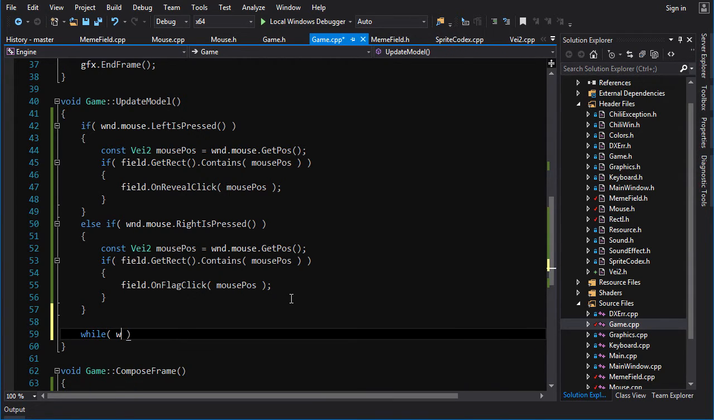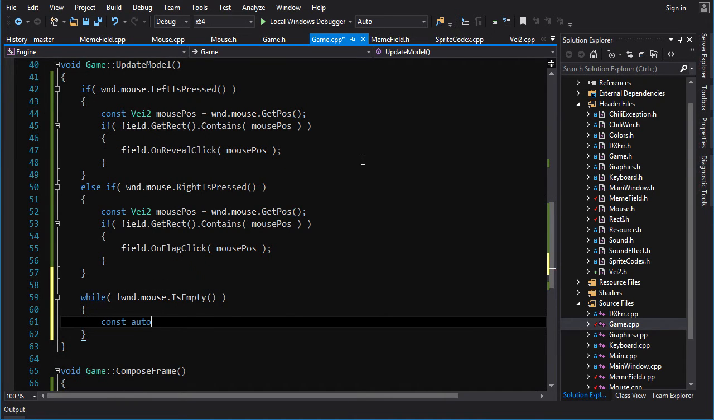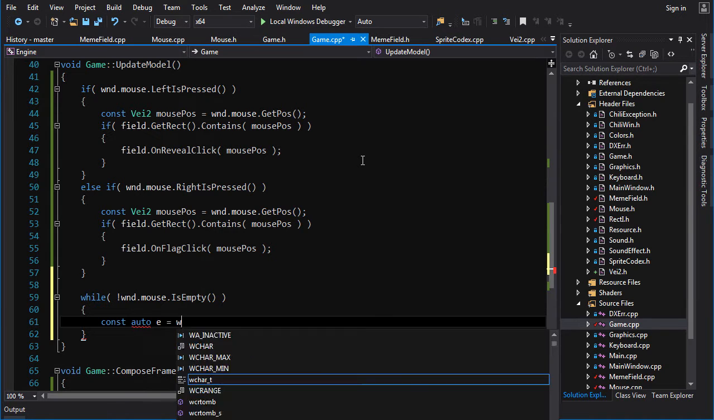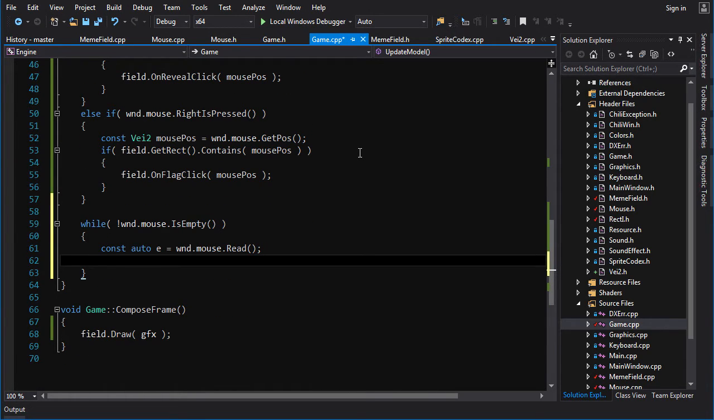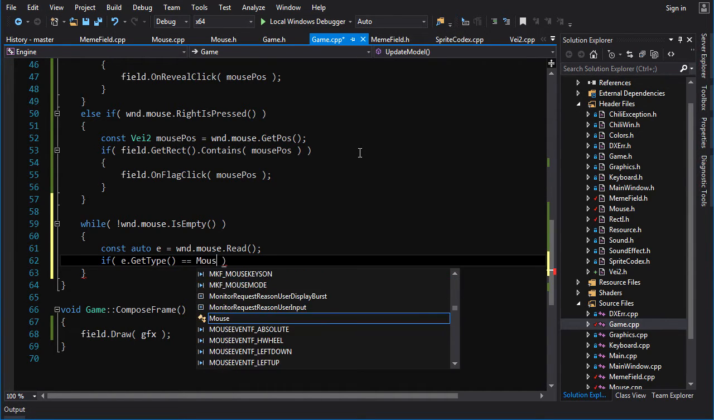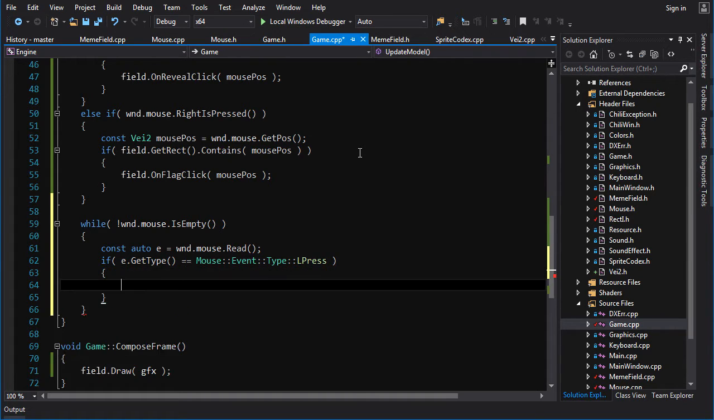So while windows.mouse.is empty. So while it is not empty, while there are events to be processed, we're going to read an event, constant, and I'll just type auto because I'm lazy. Event E is equal to windows.mouse.read. And now we got to check to see what kind of event that is. So if e.getType is equal to mouse event type, and we're going to look for, let's do a left press first. So if the event type is a left press,